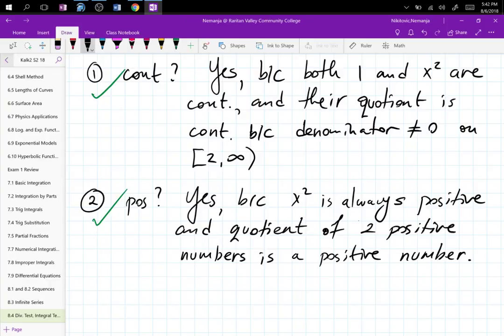So number 1 is always positive. X squared will always be positive. Positive divided by positive is always positive. So yes, the function is always positive. Number 3,